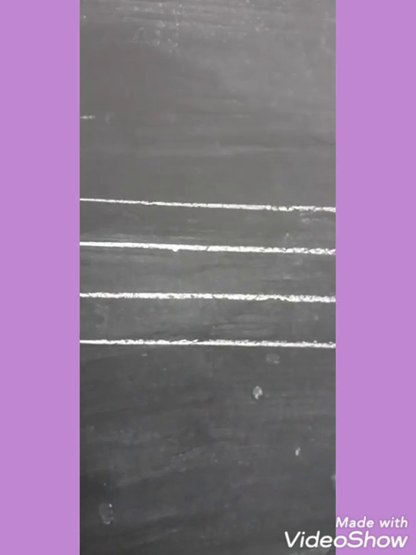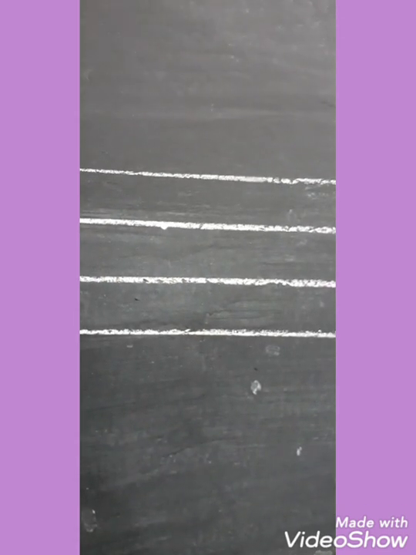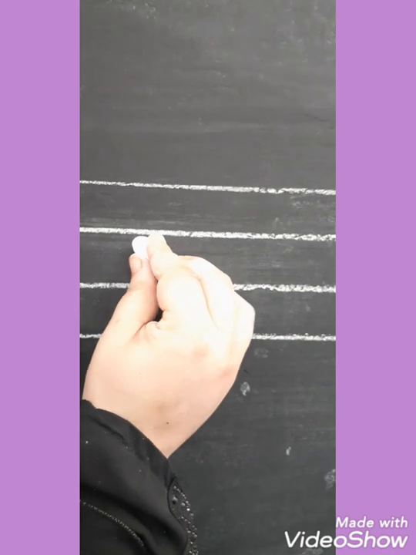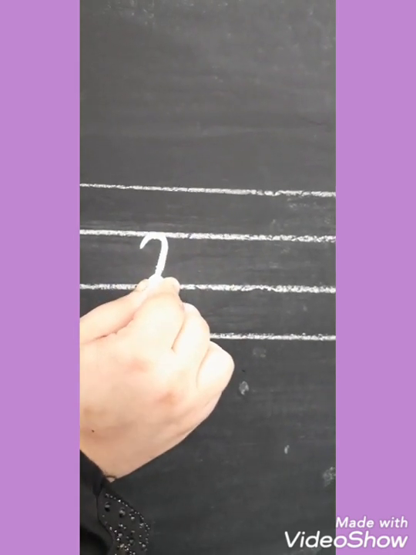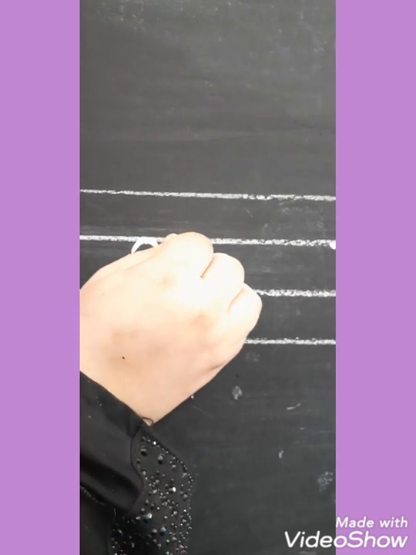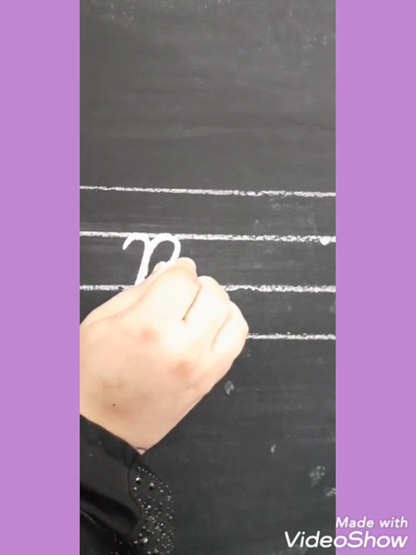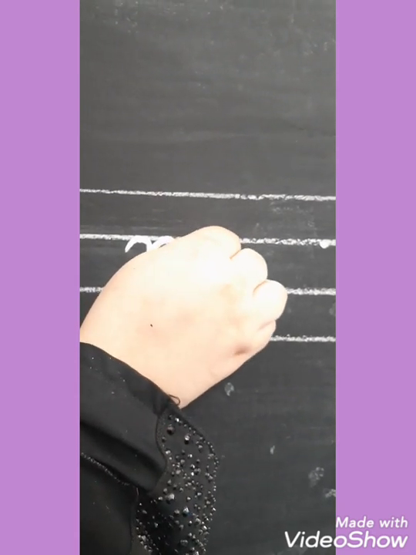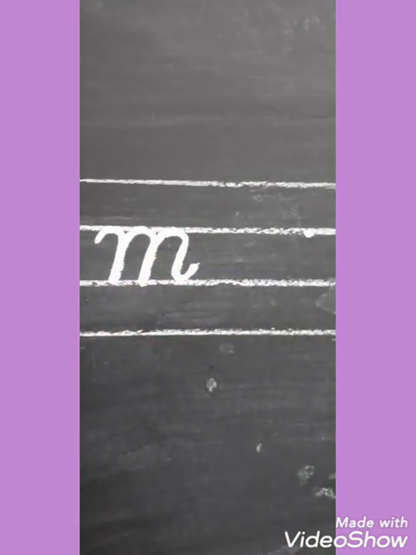Okay, the next letter is small letter M. This letter starts from below this dot, and your first step will be round your pencil like this, round your pencil, come down in a minor slant, touch the third line, go up, round your pencil, come down in a slant, from here again move in the same line, round your pencil, come down, in the end you have to make a tail of it.